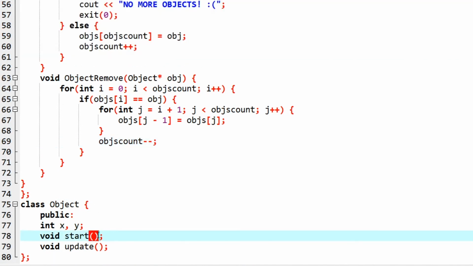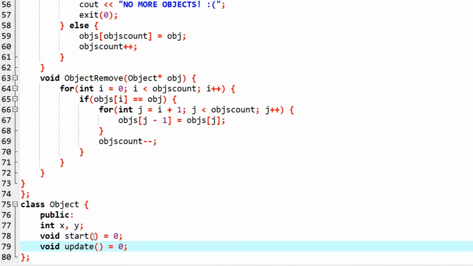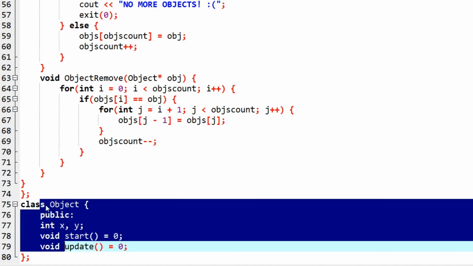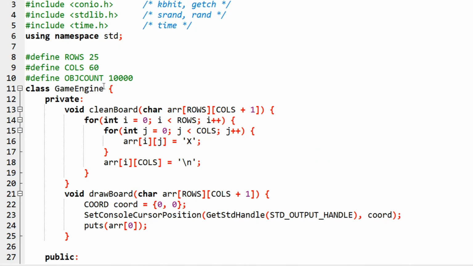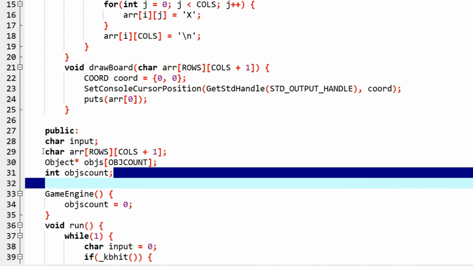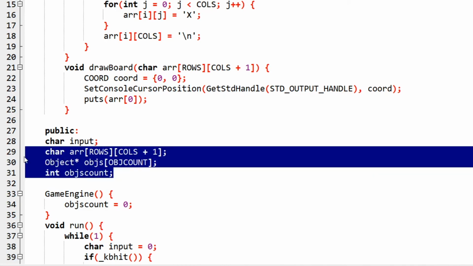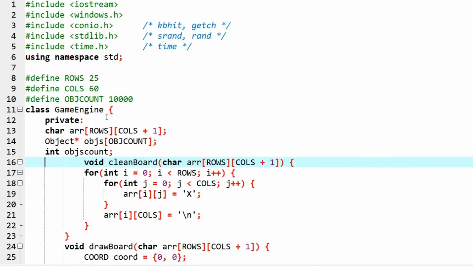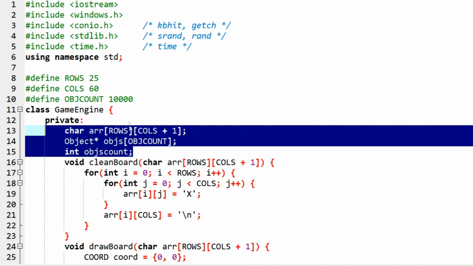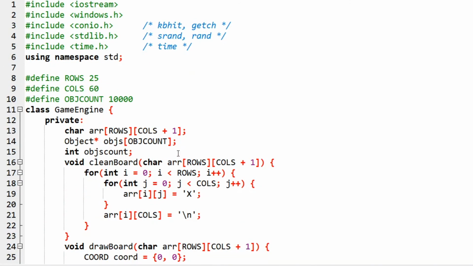So another thing I want to do is, if you know polymorphism, I want to make these functions pure abstract functions. So this will make sure that I do not create an object of type object. I also want the player to not have a direct access to these. I don't want the player to have a direct access to these. I'm going to make these private. This is simply to avoid having any errors. The player will not directly access these. Let's go full object oriented here.